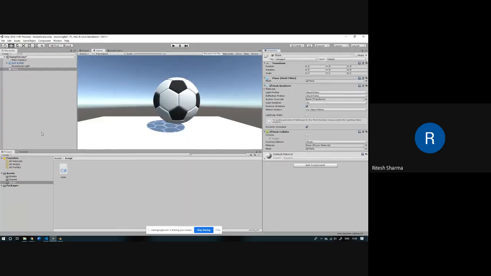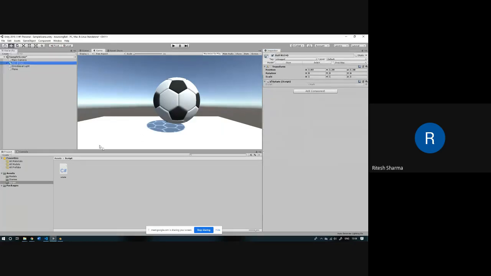So this is the task for all of you: create this rotate script. We have already created it yesterday for the 3D cube. Create this script, put it onto the football model, and see if you get similar or different results.